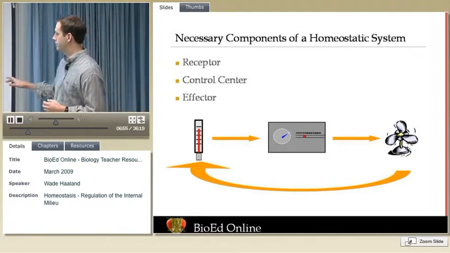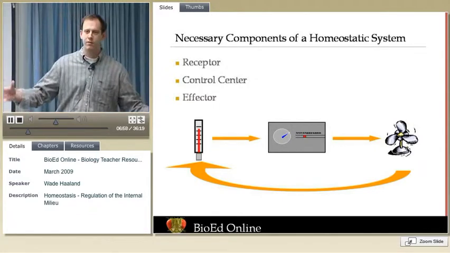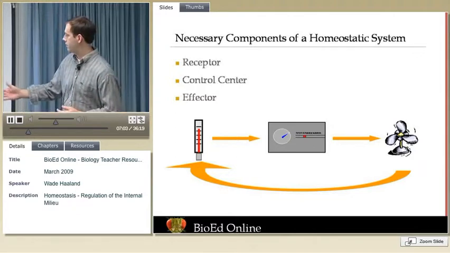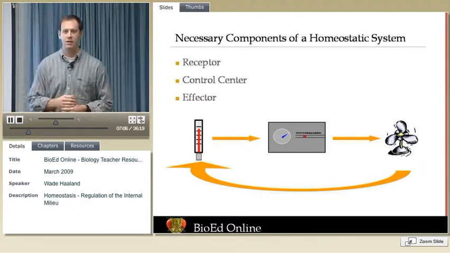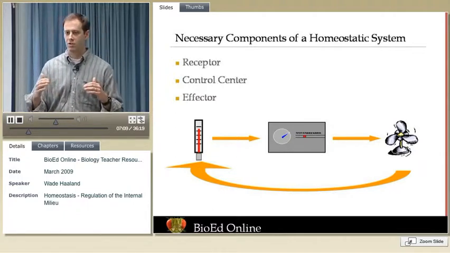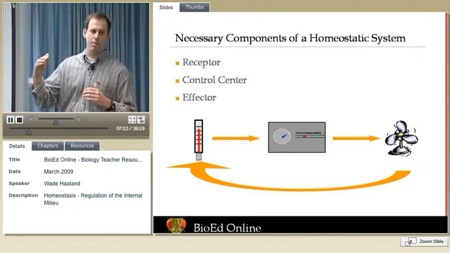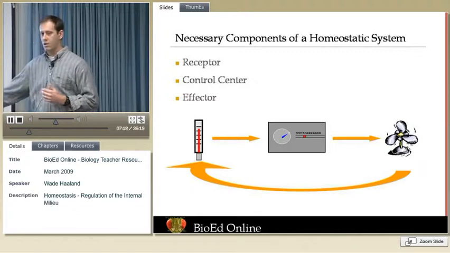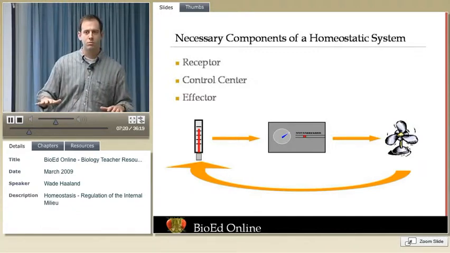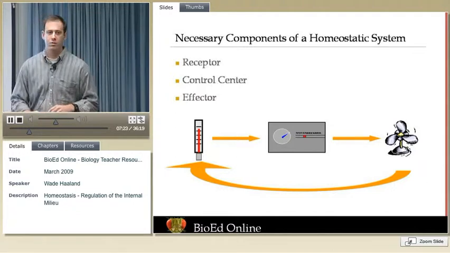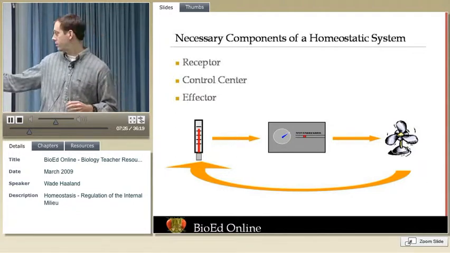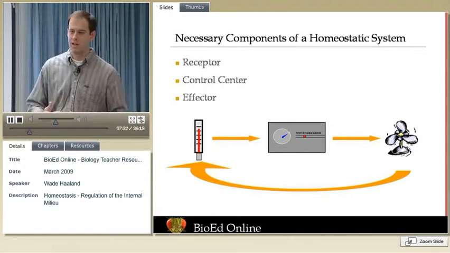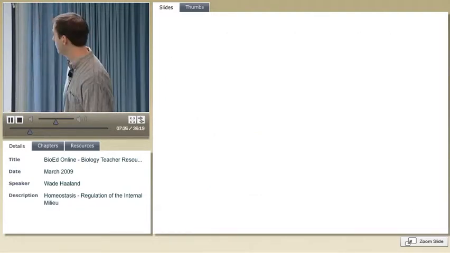In this diagram, if we're thinking about our living environment, the room right now, we have a thermometer that's reading what the temperature is, and it's constantly feeding the information to the thermostat. The thermostat will recognize at a certain point that, all right, it's getting a little too warm in here, I need to cut on the fan. So now the fan, or the effector, gets turned on, and eventually the temperature will cool. At that point, our thermometer says to the control center that we're back to our normal temperature, and the control center is going to shut down the fan. These kinds of things are happening in our bodies at all times.